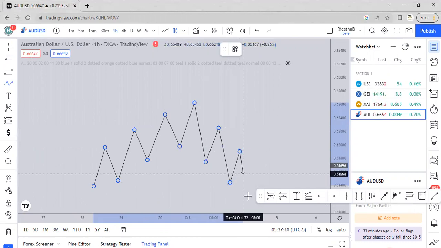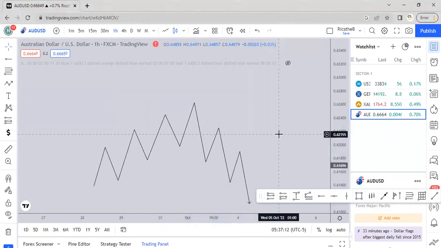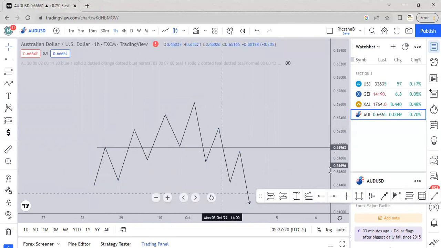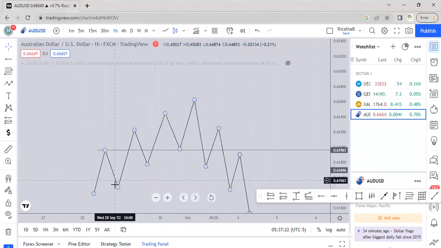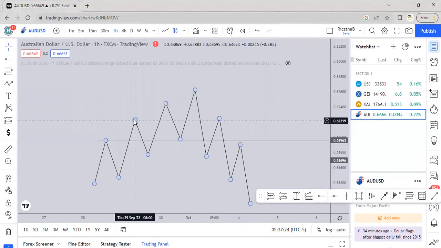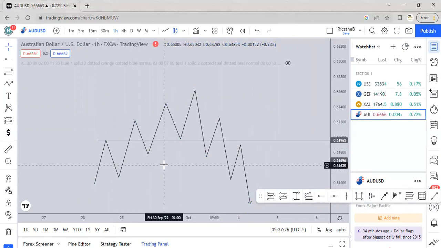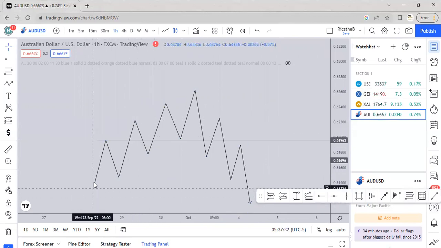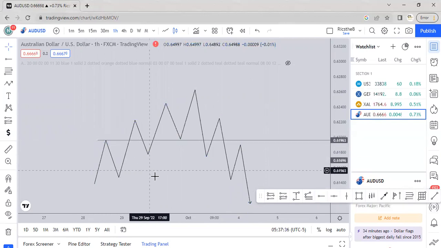Just a simple form of market structure. So let's say for instance, anytime we get to see price come to a point, like this first swing point. Okay, we have this scenario where price pushed to this point right here,